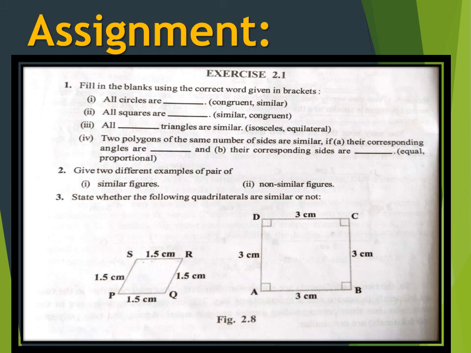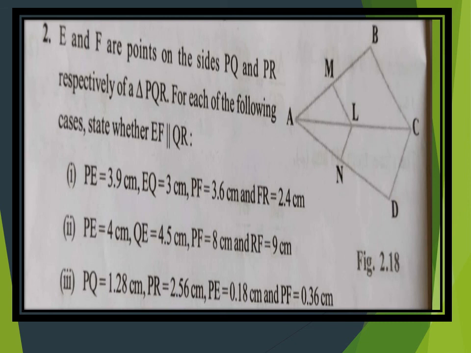Dear students, now you all know how to apply this basic proportionality theorem and solve problems. Now here are a few questions for you all to find out the answers and solve the problems. Make note of these questions in your classwork and find out the answers for all these. Dear students, try to apply the BPT theorem for these 3 questions as well and find out the answers.